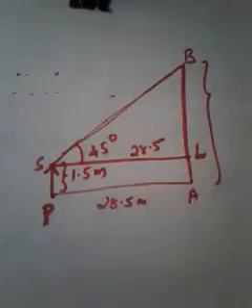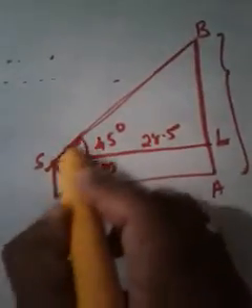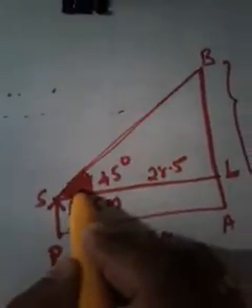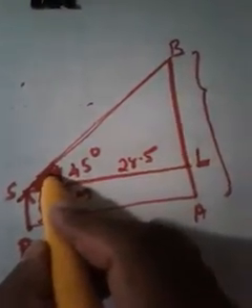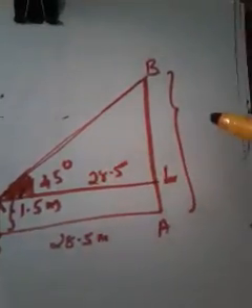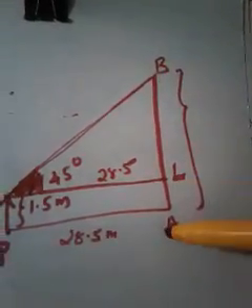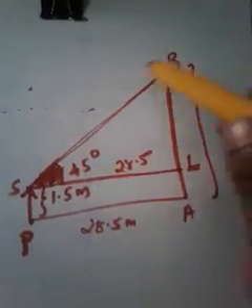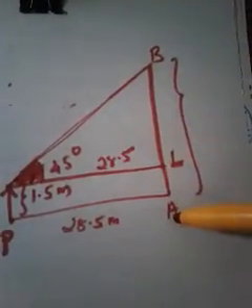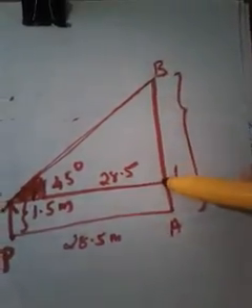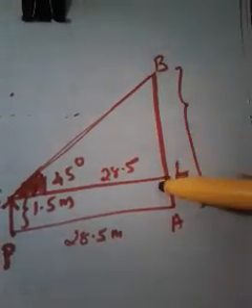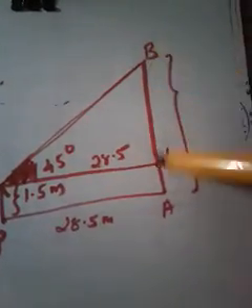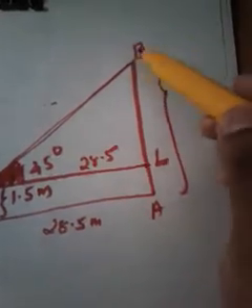Now let's focus on the given angle. This is the only given angle, 45 degrees. According to 45 degrees, what do we have to calculate? Anyway, we have to calculate BA, but using this right triangle, can you identify BA? No, you can identify BL, because BL is the only part of this right triangle. We cannot identify BA, but let me calculate BL.